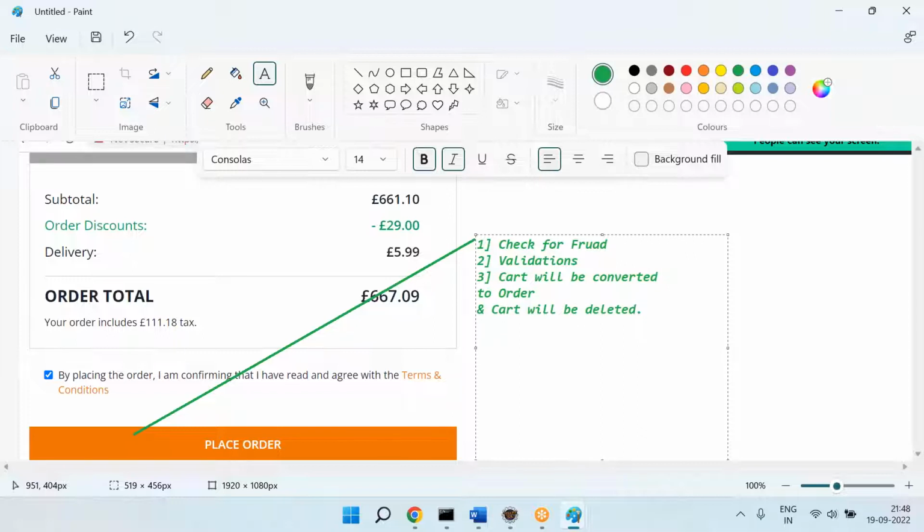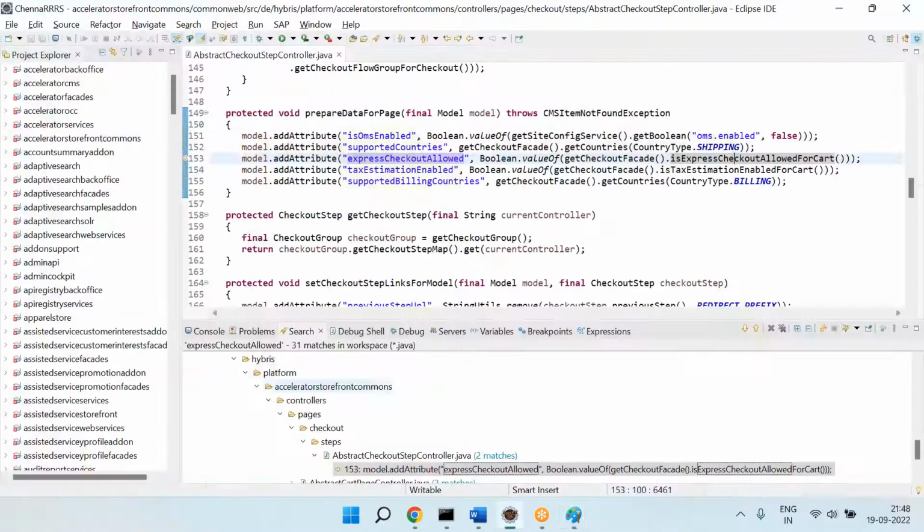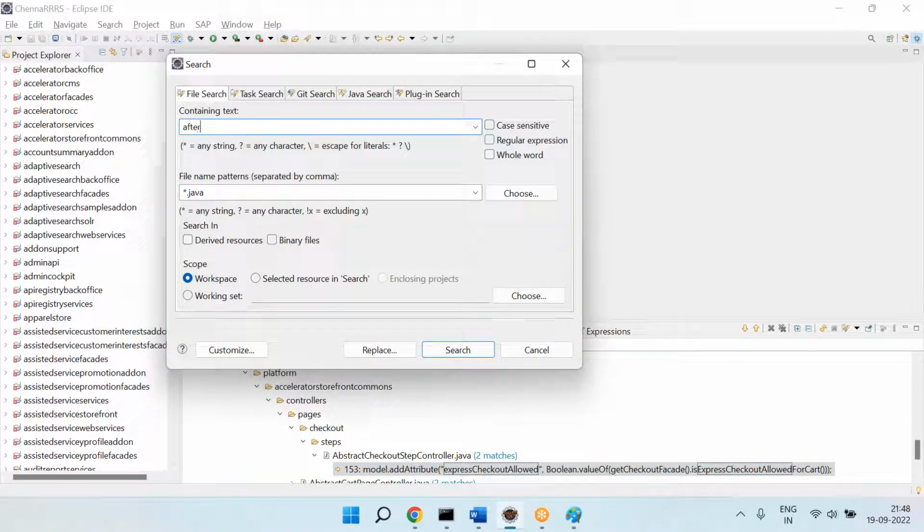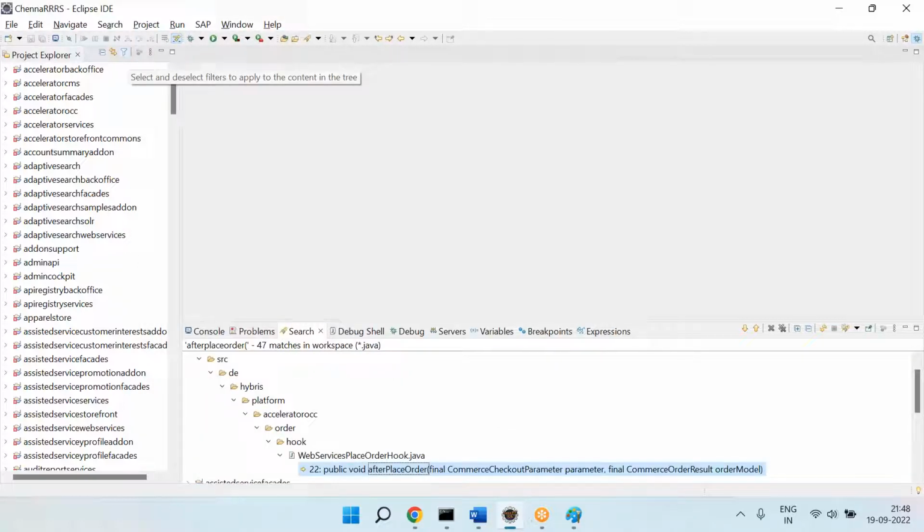Is that clear? It will do lots of things. Then finally, your cart will be converted into an order and the cart will be deleted. So for the third point, can you observe the code, please? After place order, can you see the after place order method? If you observe the after place order method,